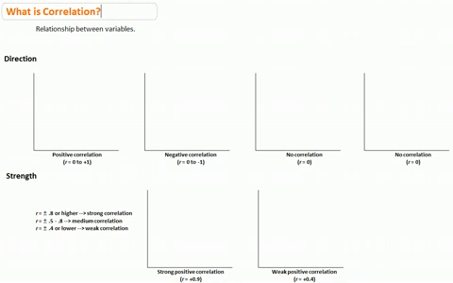So what is correlation? Correlation is a relationship between variables. By looking at a correlation, we can get an idea of how strong this relationship is and what type of relationship exists between our variables, so more about the direction. One feature of a correlation is, of course, its direction. By looking at whether or not a correlation has a positive or negative sign, we can tell what is happening